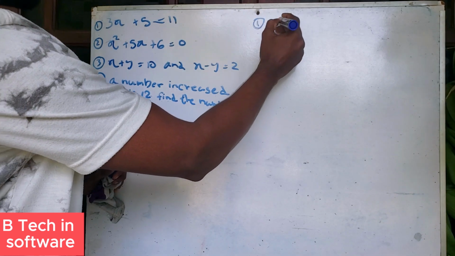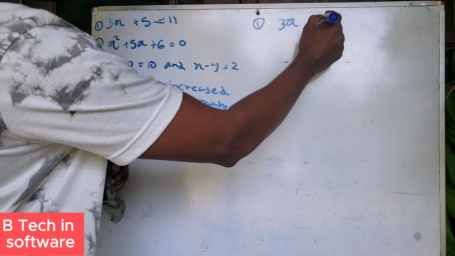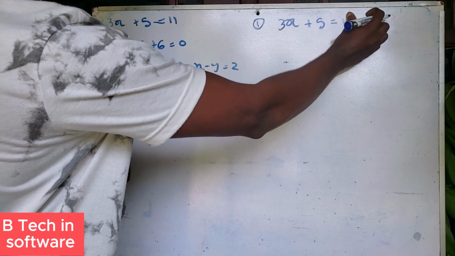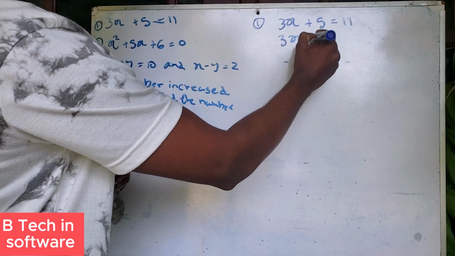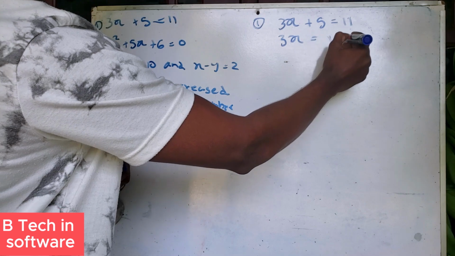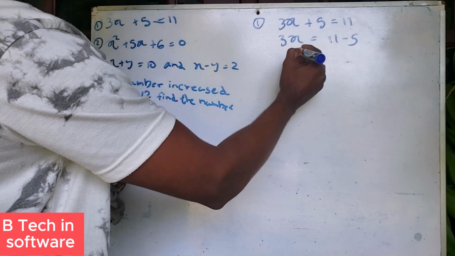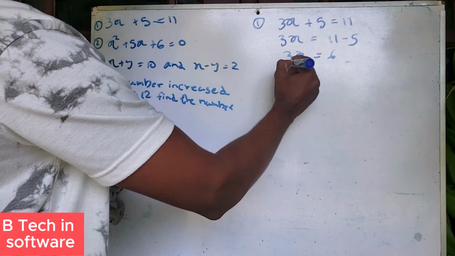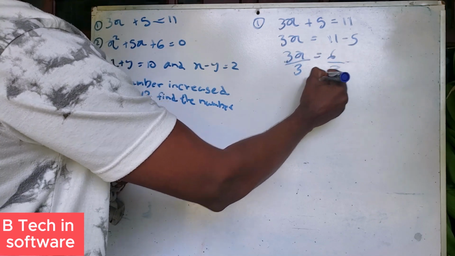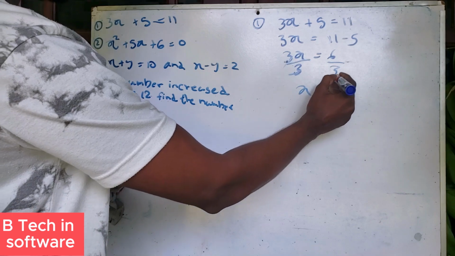First one, 3x plus 5 is equal to 11. 3x plus 5 minus 5, here 11 minus 5, 3x is 6, and 3x is equal to